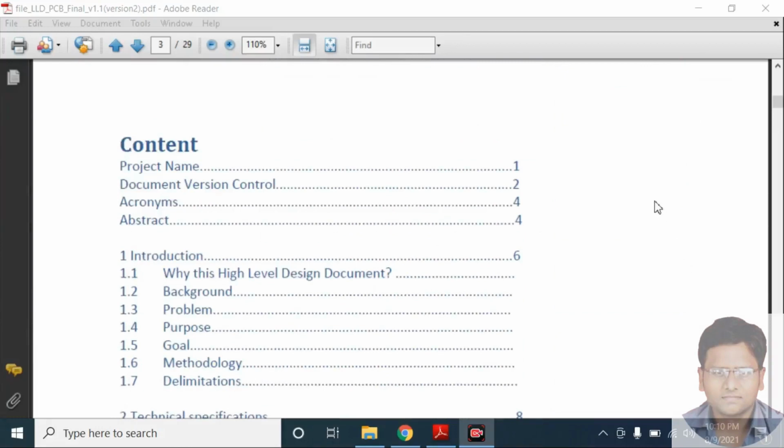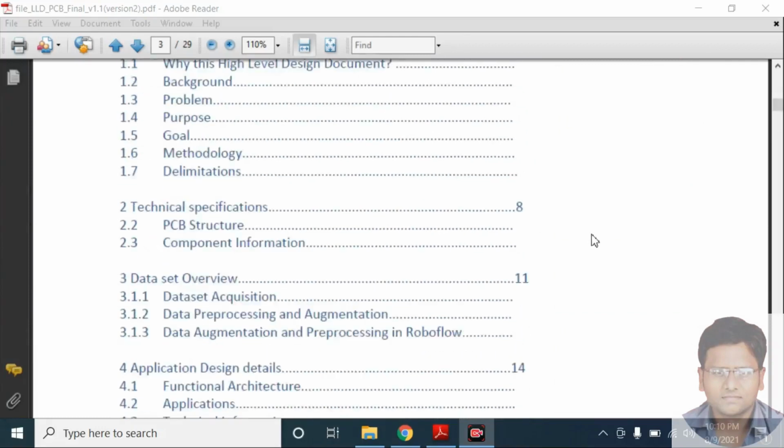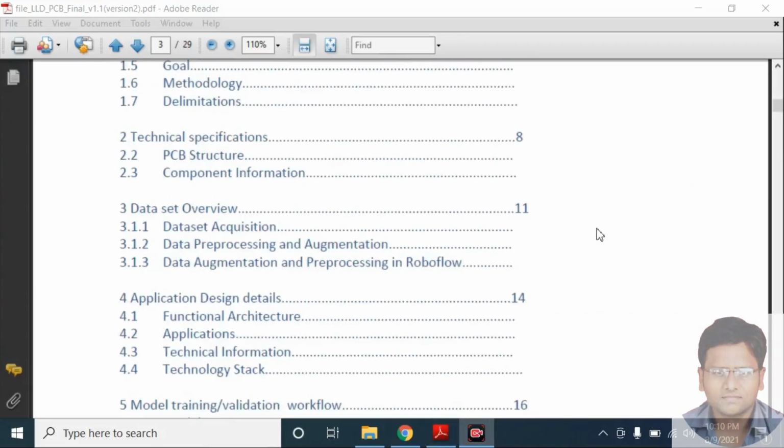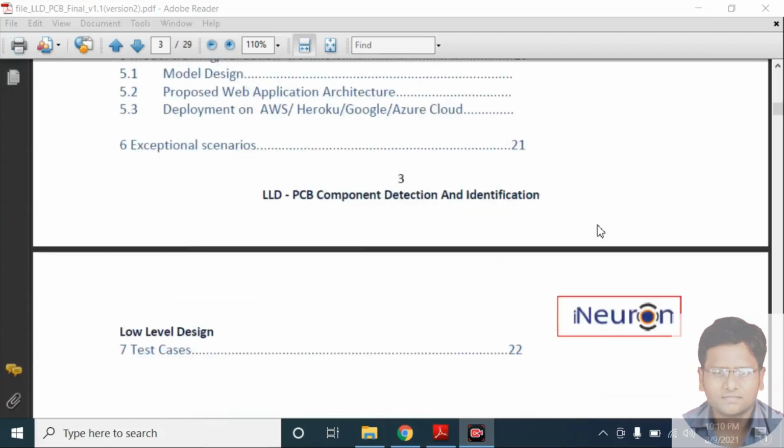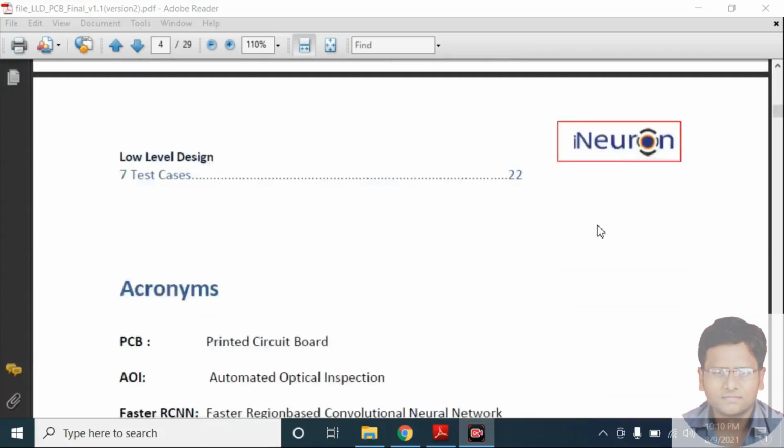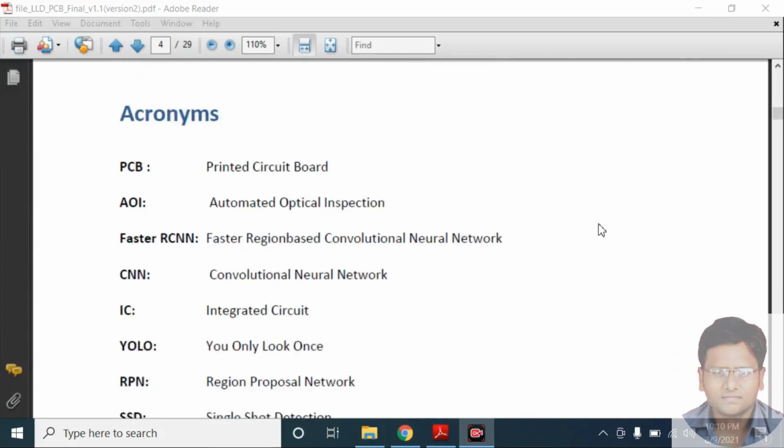This is the content page. You can see on this page we have mentioned some acronyms related to the project and the computer vision part.